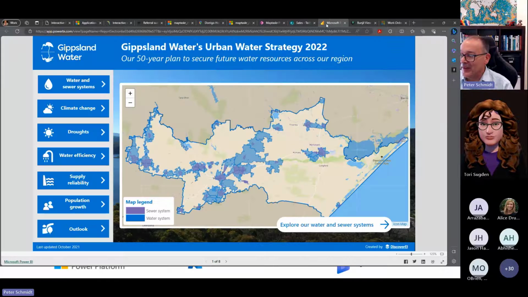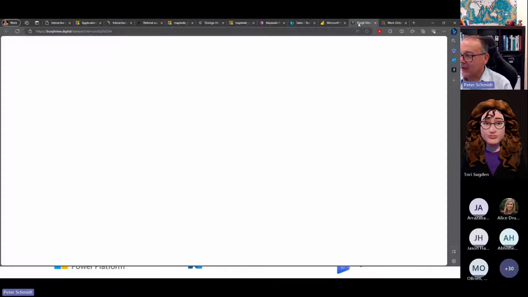I picked one of your dashboards, Alice, just to say, here's an example of how we can link through to a dashboard or report. It is just a hyperlink, so anything you can hyperlink to, we can do that. But the other one I wanted to show, because this has the environmental angle to it, is